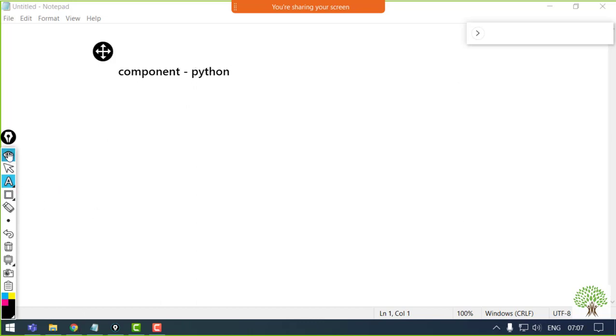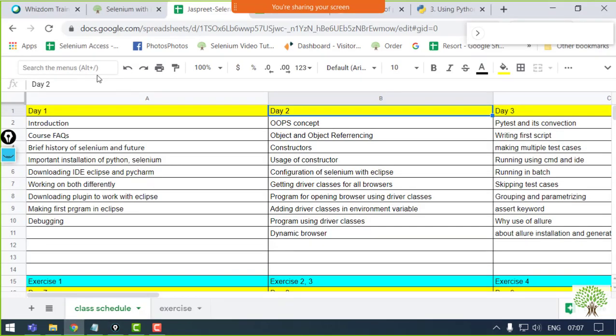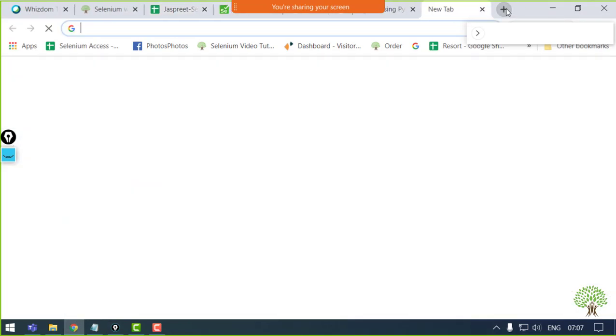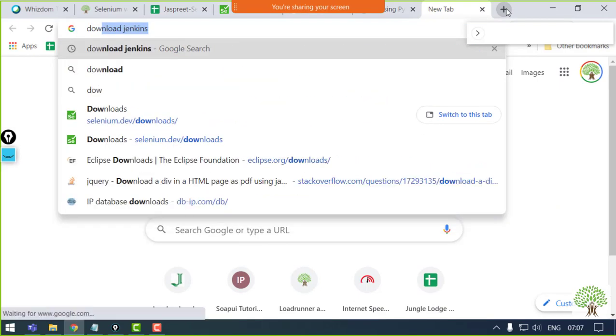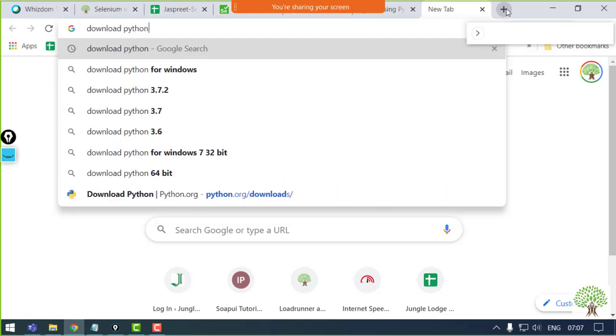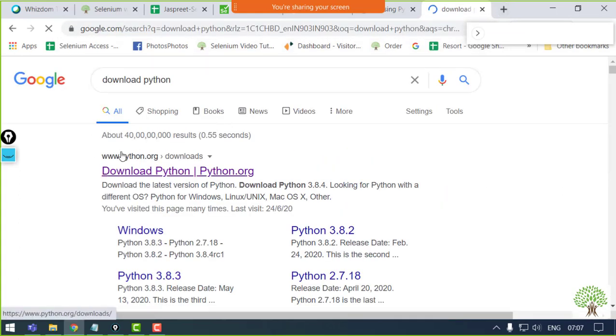Okay, so when we have to download Python, what we need to do is just go to your browser, whichever you want, and look for download Python. The very first link that you will get on the page will be python.org. Now this is the official link of Python.